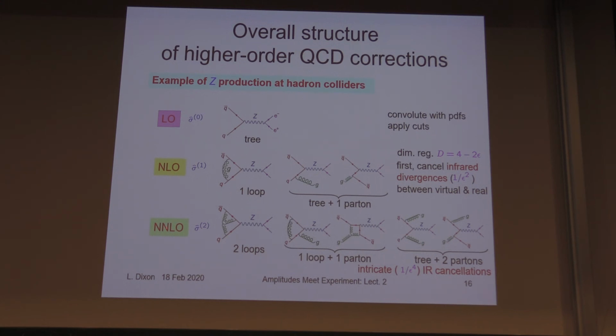And similarly, when you go to NNLO, here we basically have virtual plus real. At NNLO, you can have doubly virtual, 2-loop amplitudes. You can also have mixed virtual real, where you have 1 loop and 1 extra leg. Or you can have double real, where you have tree-level amplitudes with 2 additional partons. In this case, the IR cancellations are even worse. If you regulate things dimensionally, you have to cancel things from 1 over epsilon to the 4th to 1